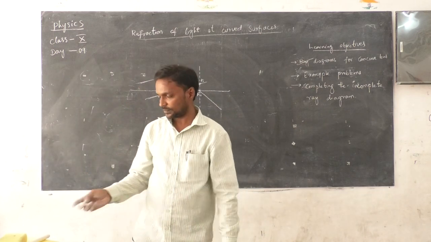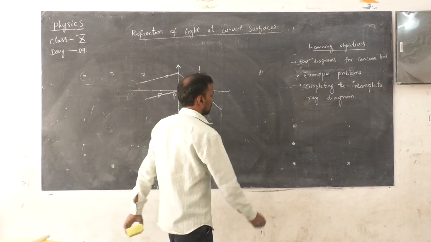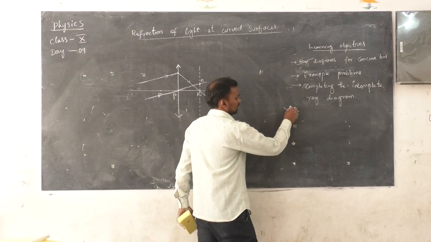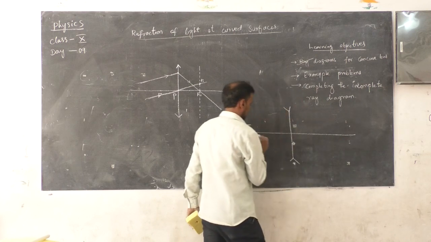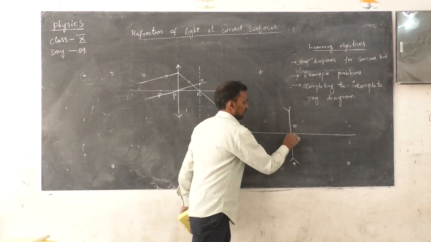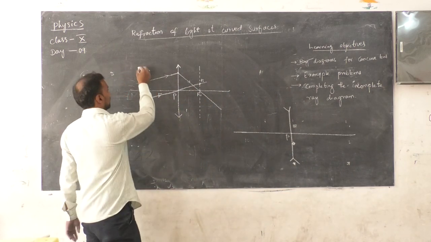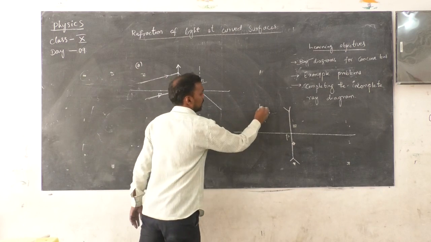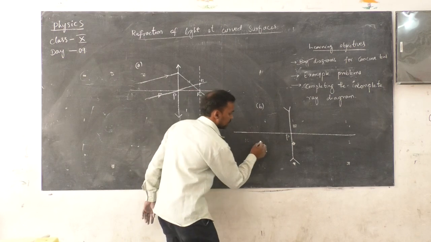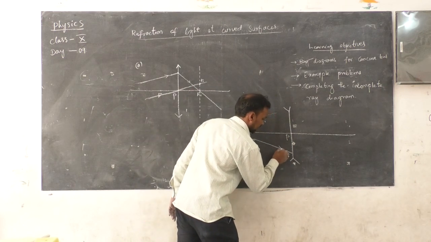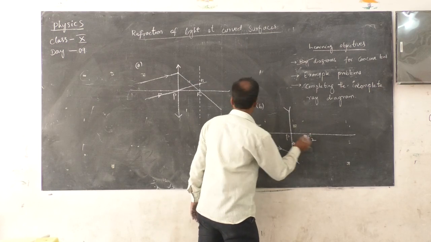Now the next incomplete diagram is for another ray. It is given like this. This is a concave lens, and here the diagram is like this. This is the optic center P. So A, B. Therefore, two diagrams are there. Here the diagram is given like this. This is hitting here. So here there will be F2 and this will be F.